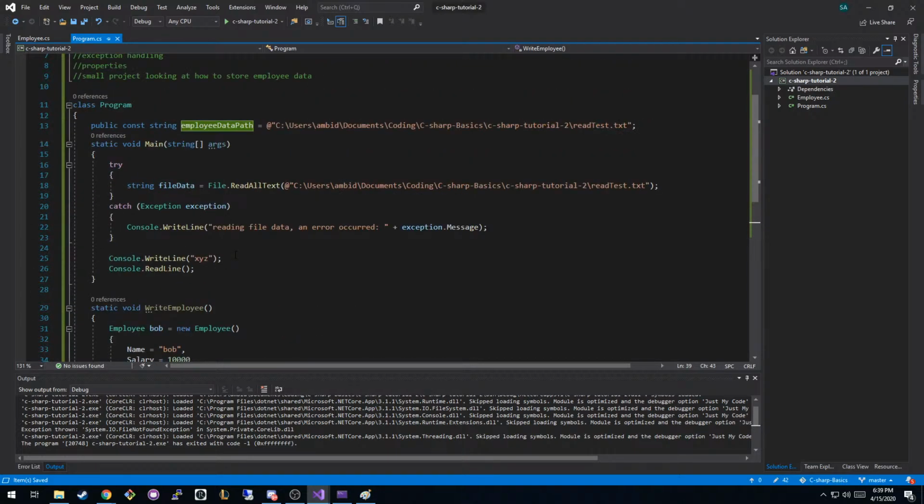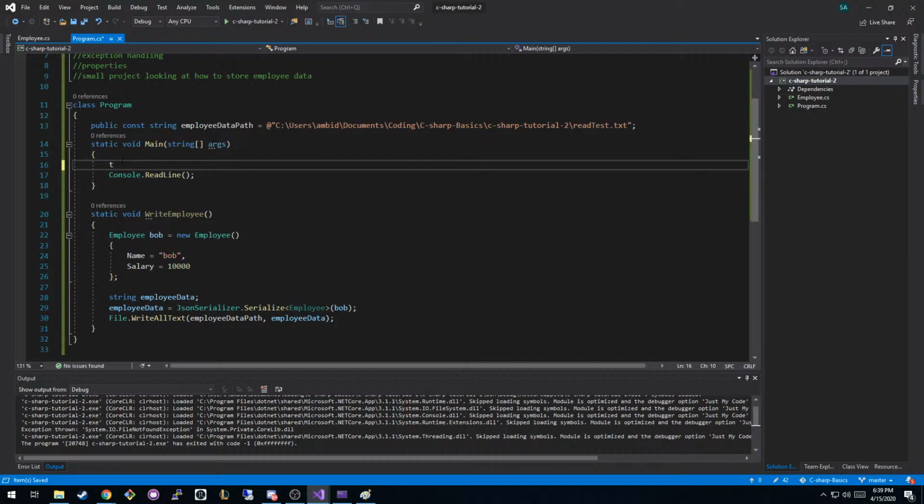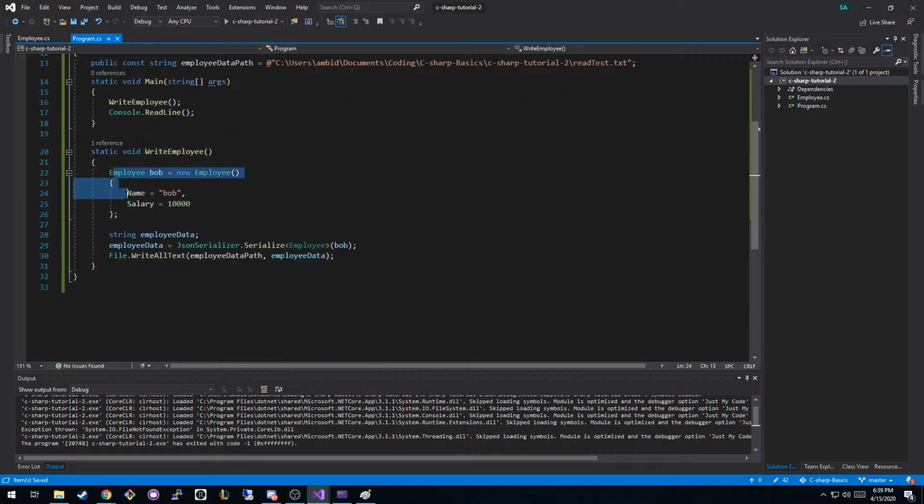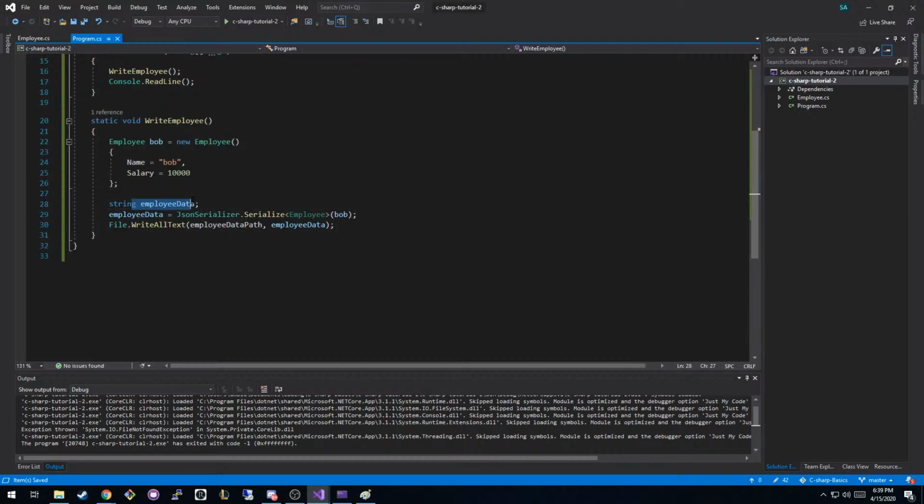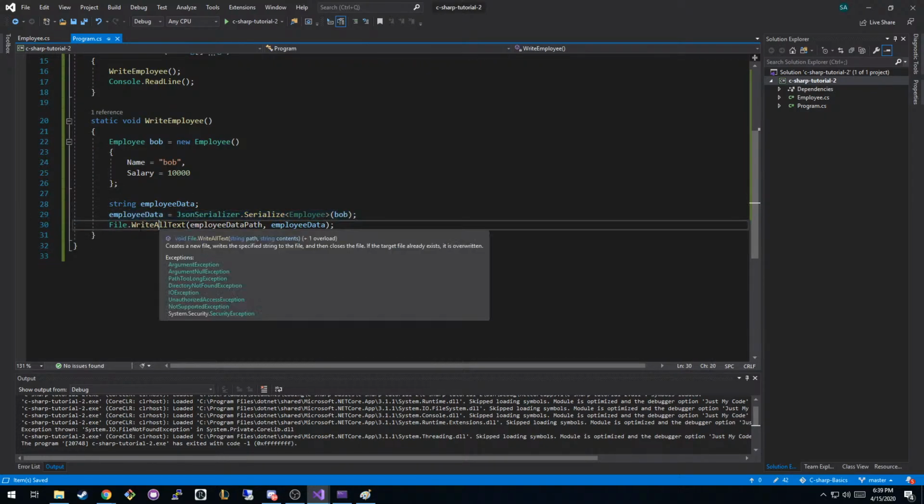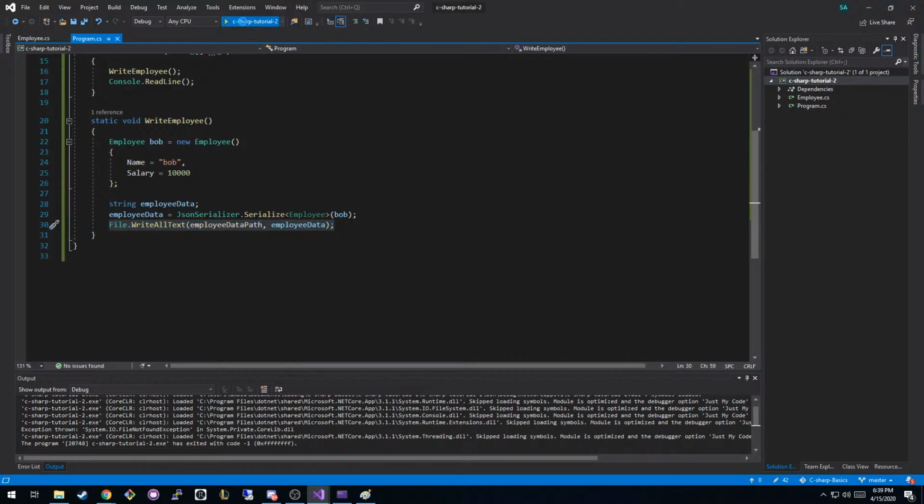Okay, so let's delete all this extra, and all we're going to do is call the function ReadEmployee, right? So when our main method starts, it's going to call the ReadEmployee function. We're going to create a new employee called Bob. We're going to set his values. We're going to create an empty string called employeeData. We're going to fill that string with our employee turned into JSON, and then we're going to write that to a file. So if we just hit run,